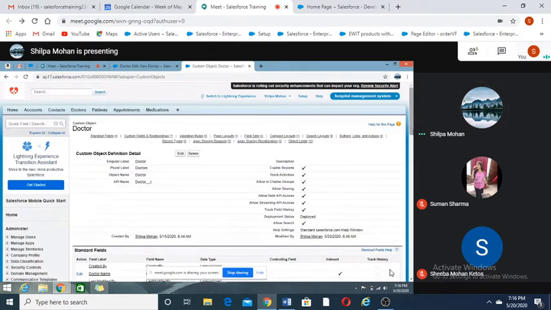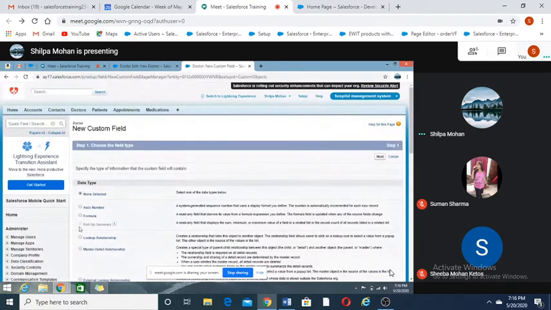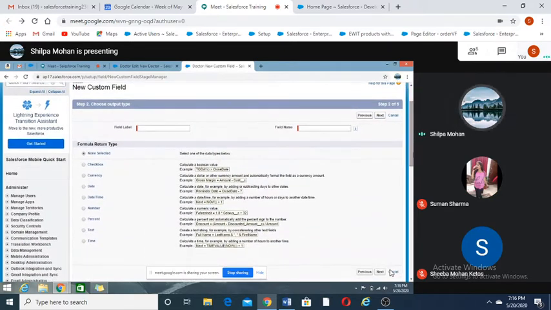And now create a new field. What do I select? Because the return type for the age we are calculating will be number.